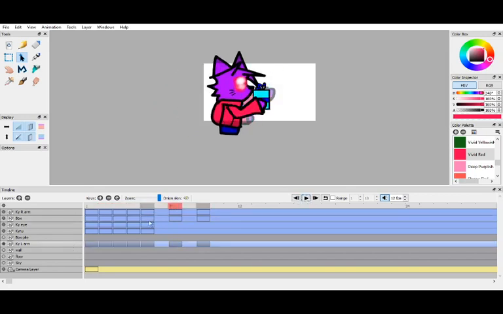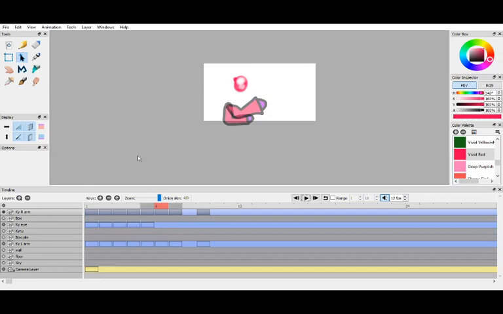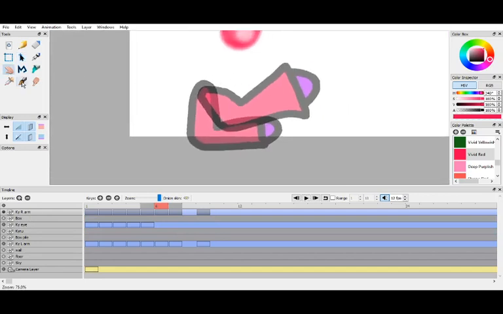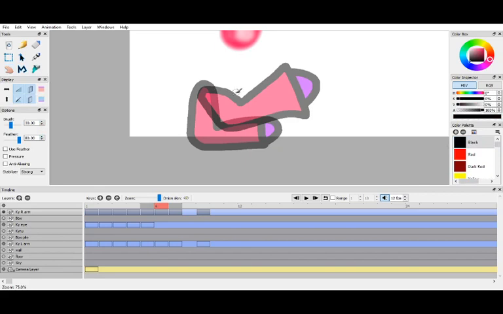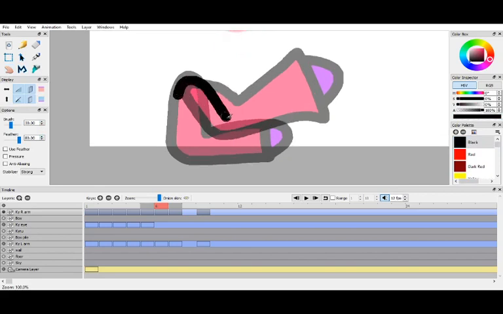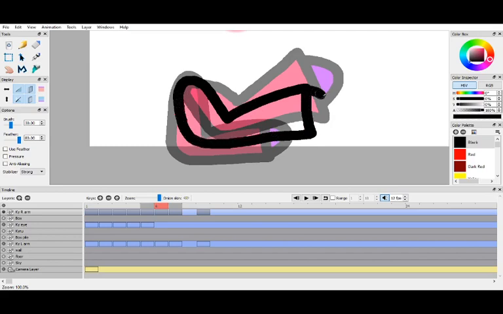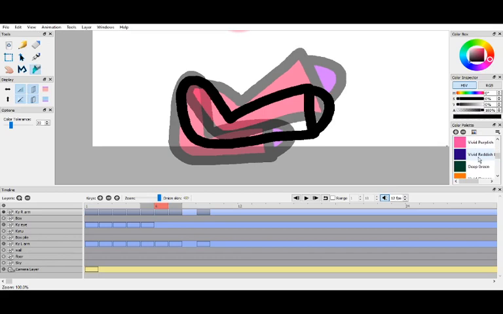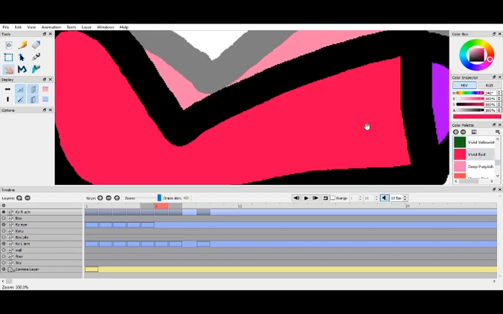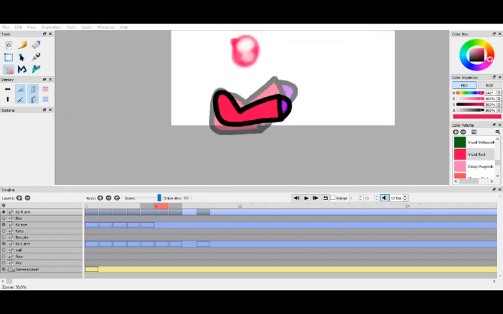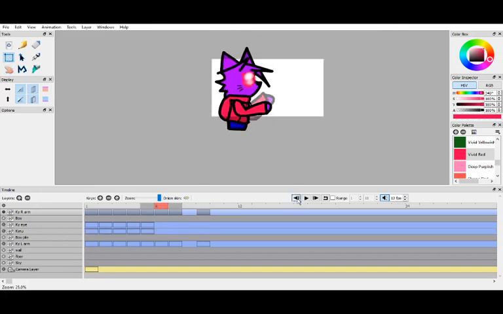Okay, so now I've got to get... so yeah, this is how I animate arms, in case anyone was curious how I did it. No, that's not exactly halfway, but I guess it won't matter too much. So, yep. And now we've got, I think,